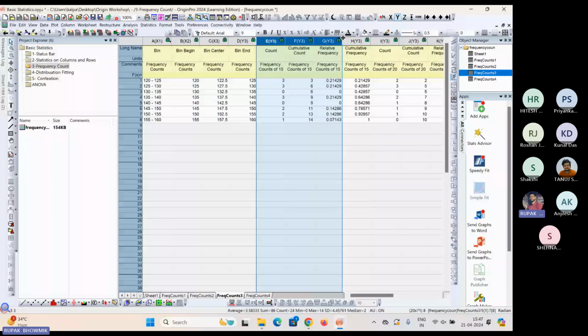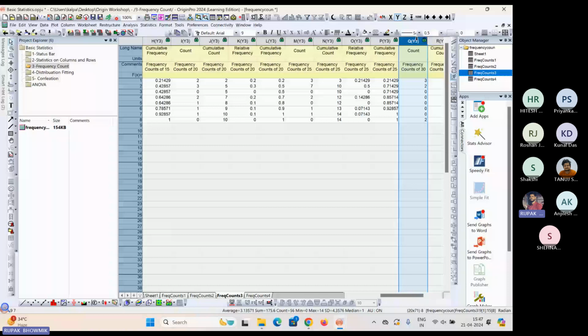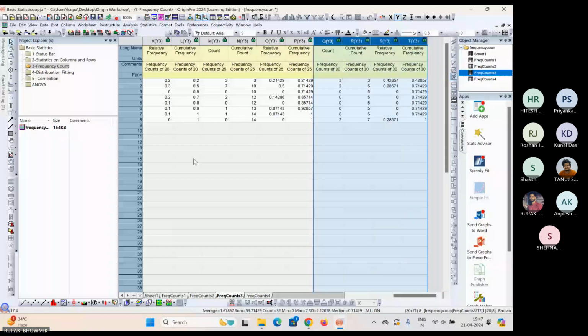See, for 15, these are the frequencies. Then for 20, these are the frequencies. For 25 and 30, these are the frequencies, if you do the grouping with respect to the other. So till now, what we have done is for